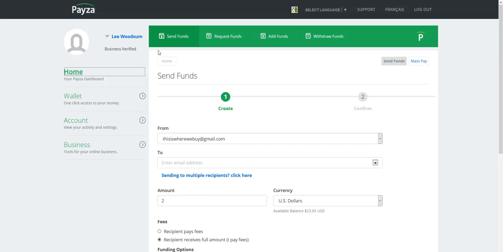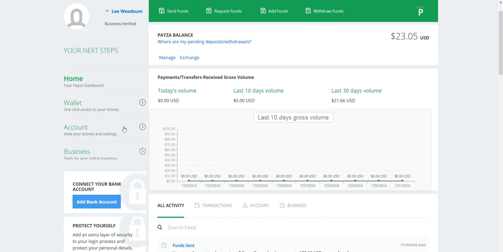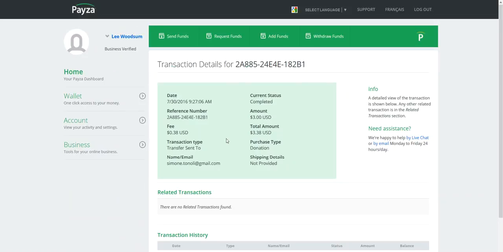So this is the important part, right? After you make your payment to upgrade, you will see that Payza comes up with a transaction number. This is the reference number, or this one here. It's the same thing right here or right here. All you have to do is highlight that, copy it, and then you can come back over here,